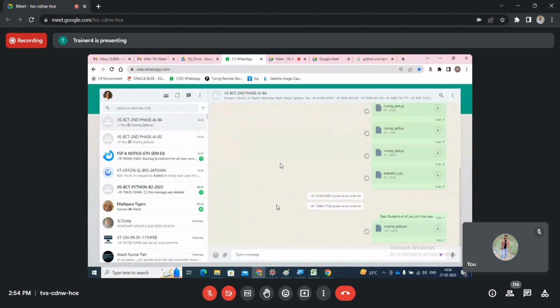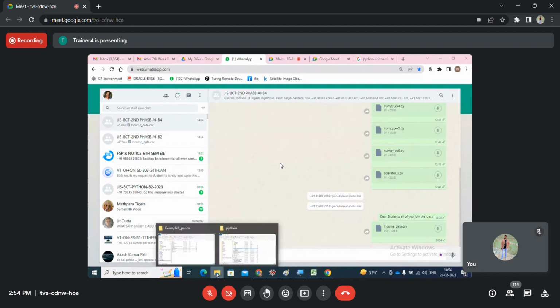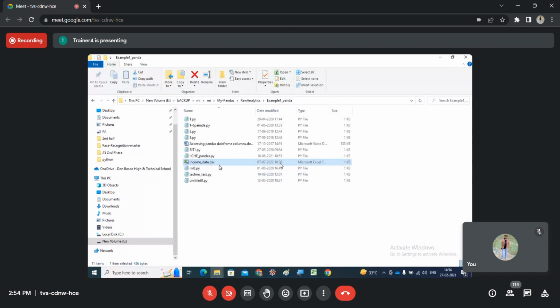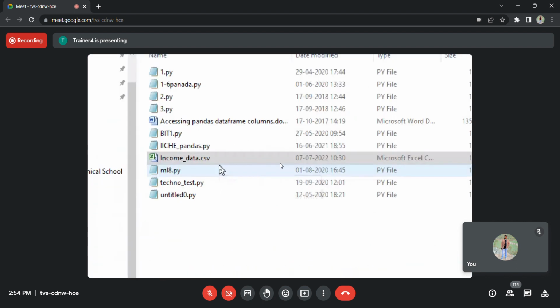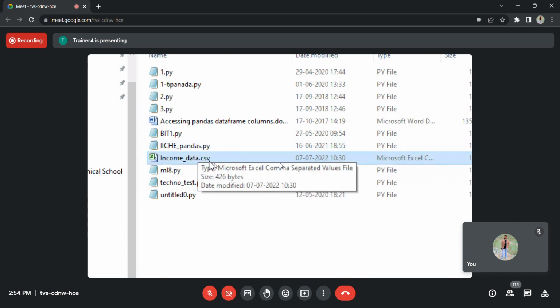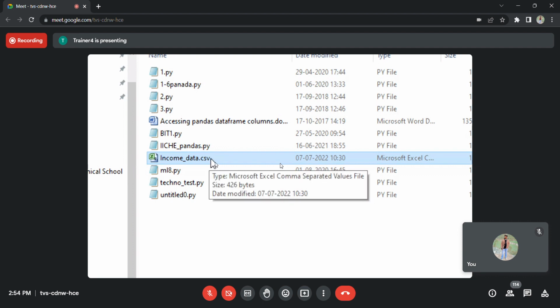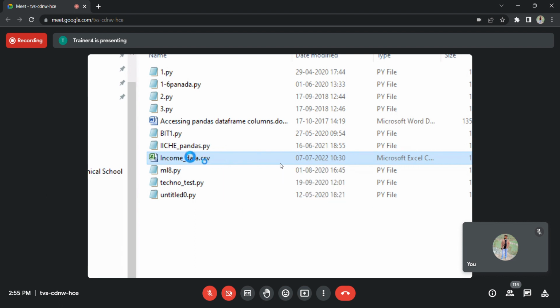Actually, I downloaded it from the website. It is a data. If all of you observe the file name at first, income_data.csv. The extension is very much important. CSV means comma separated value. CSV means the values are stored using a comma separator. Okay, comma separated value. If I open this using Notepad,